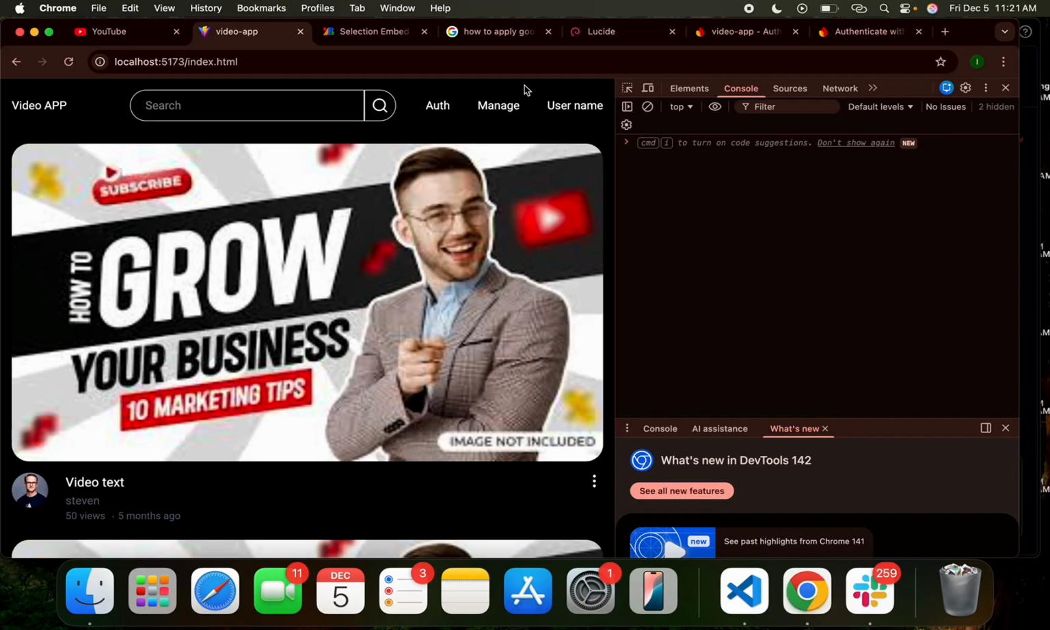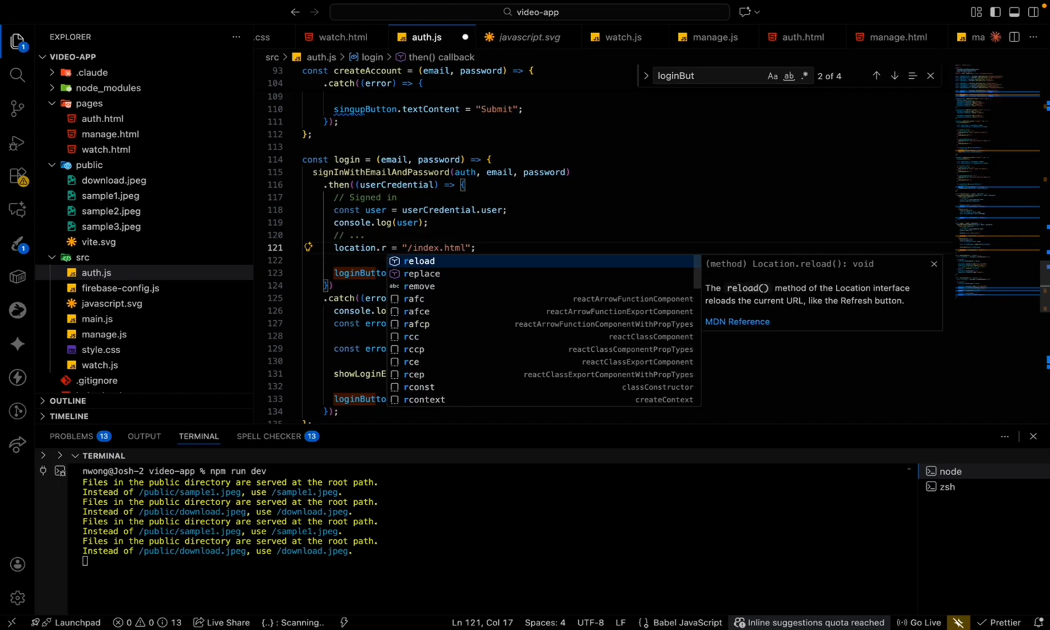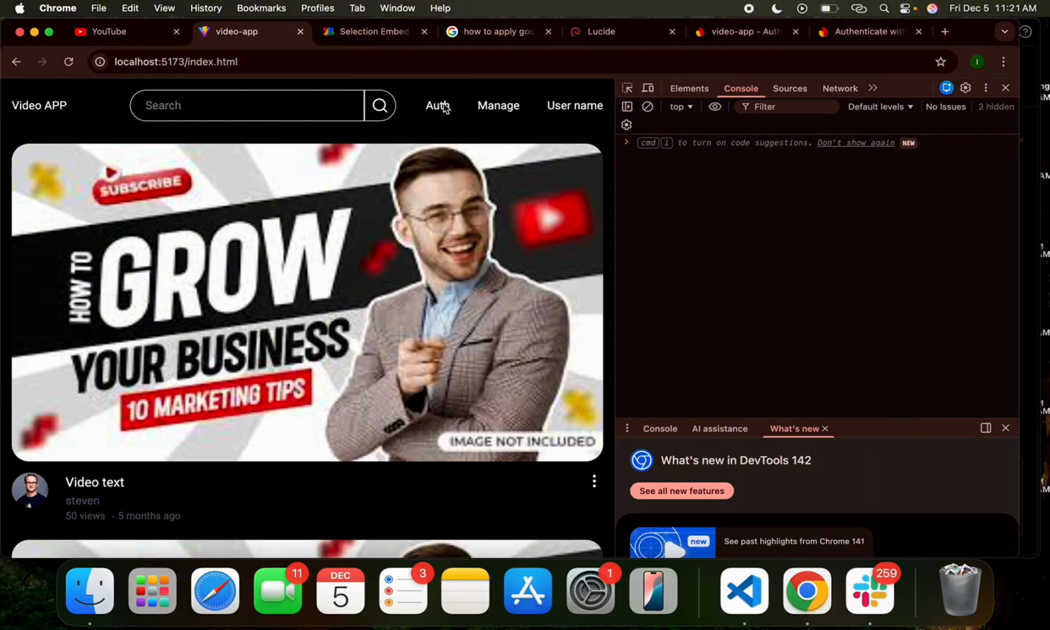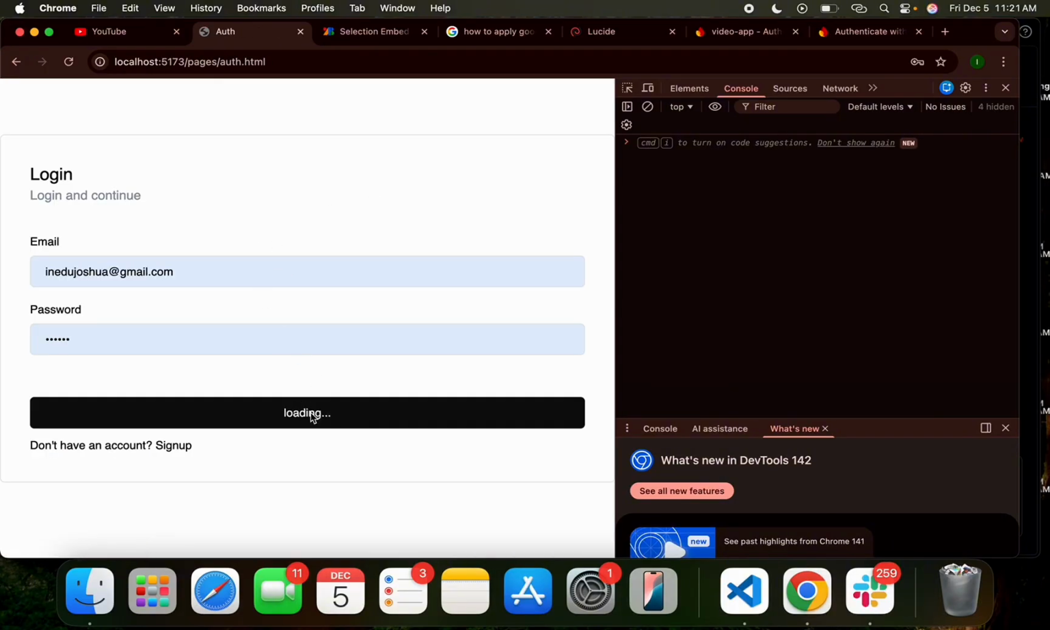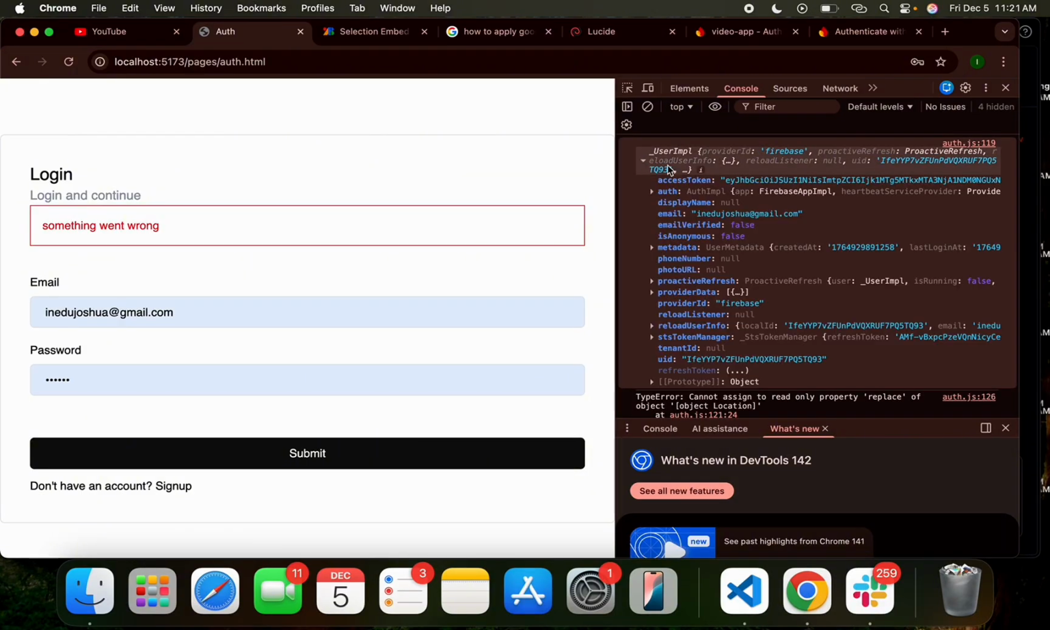okay, the reason why that is clearing away is because we are refreshing the page. So let's use replace. I think replace should not completely wipe out the data. So if we say submit, yes, cannot assign to read only property replace of. Okay, replace is not working, but this is the user object that we have. So we now have display name, we have email verified, we have is anonymous false,